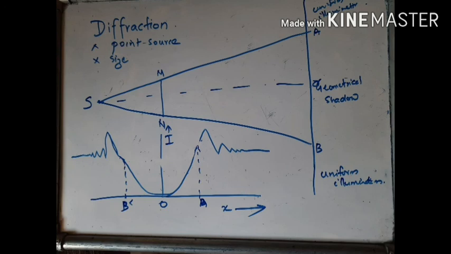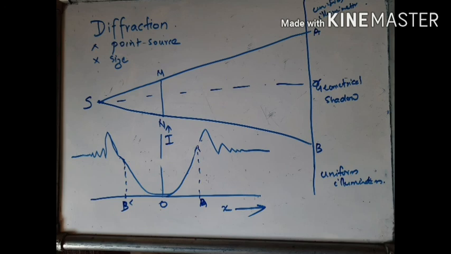Now, this type of observation is not usually found in our common life. The reason is that the source is not always a point source. For example, if the source is an electric bulb, each point on the surface of the bulb forms its own diffraction pattern, a dark and bright diffraction band. Then they overlap each other such that no single pattern can be identified.